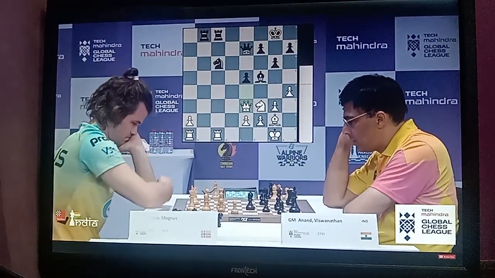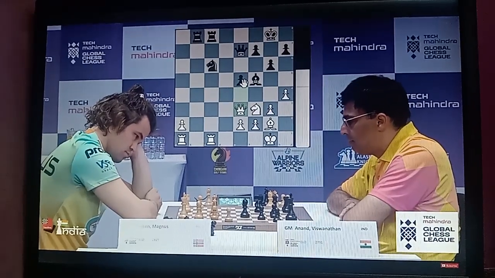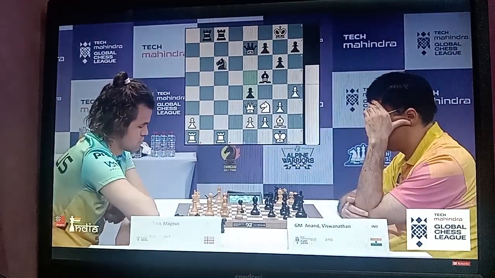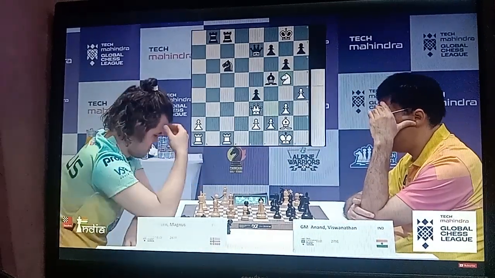And Vishy brings his queen back. Magnus brings his queen back to e3. And Anand pushes his pawn forward. But this pawn could become a weakness, because now after knight g5, which did happen,